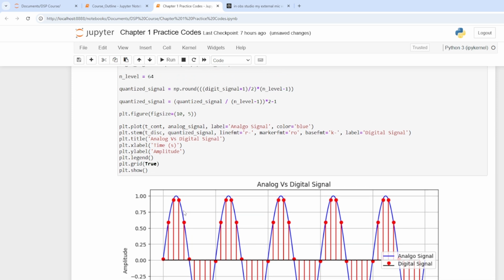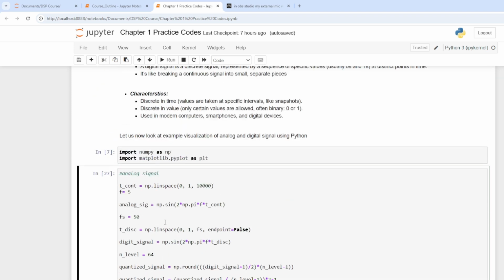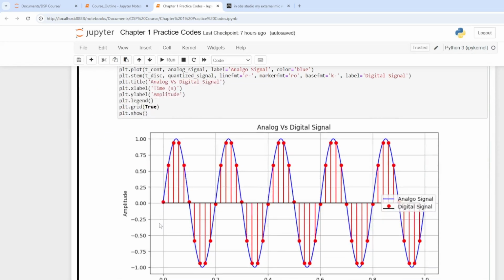But yeah, this is how you digitize the signal, and this is how these continuous and the digital or quantized signal looks like. And that is the difference. We have a continuous signal in time, where time and the signal itself is continuous, but we have the discrete signal. We have pieces of the continuous signal into different instances of the time.